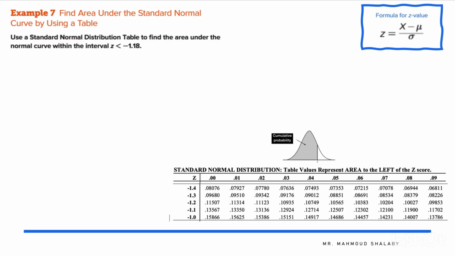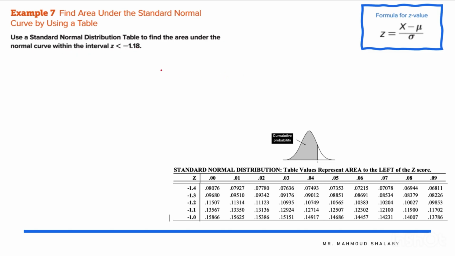So what we will do in this question, I've shared this with you earlier, and you should receive this in the final exam: the 2 tables of values, one for the negative z-scores and one for the positive z-scores, and you will just look up the value that is in the question. So let's see. It says, again, use a standard normal distribution table, which is here, to find the area under the normal curve within the interval z smaller than